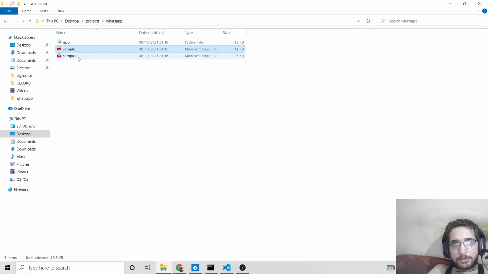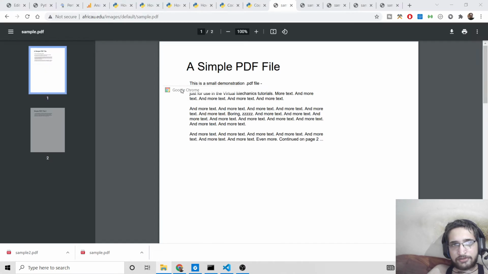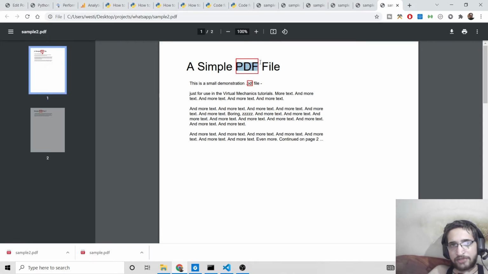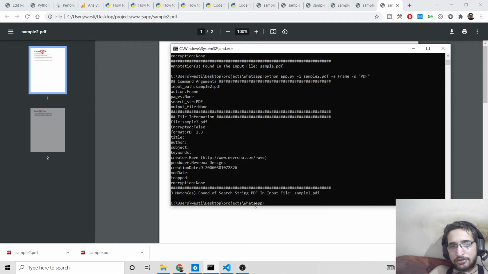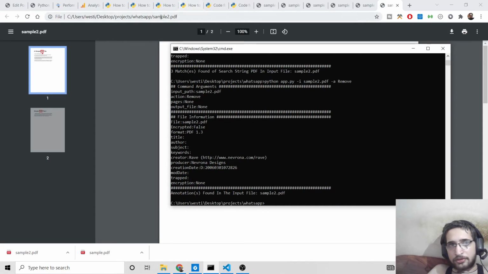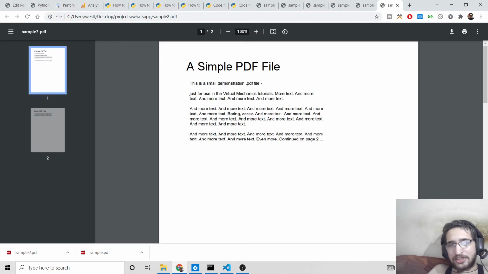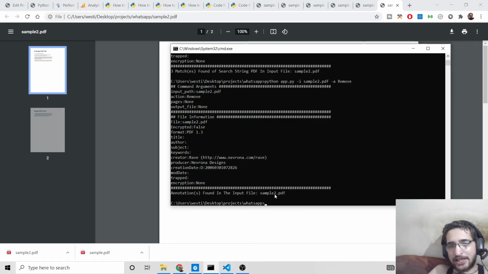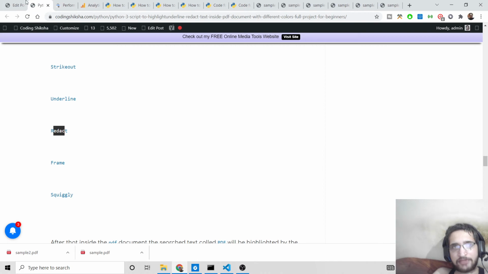Now if I open this sample.pdf file here, you will see it has put a red frame here. So it has a border as well. You will see it's kind of a frame. Now we can remove this obviously. If I refresh it, you can see the highlighting is removed. So if you use the redact option, then you cannot remove that highlighting. It is a permanent effect.